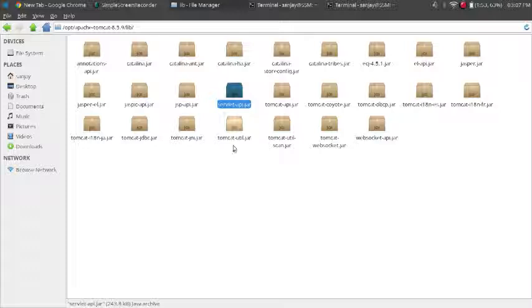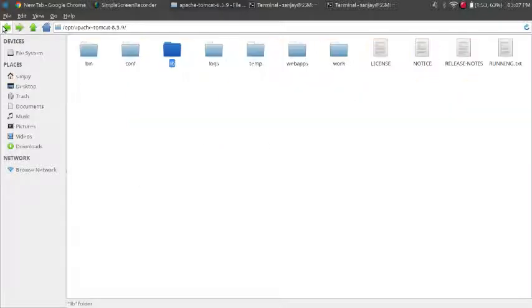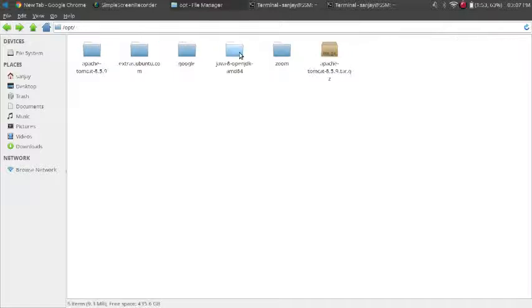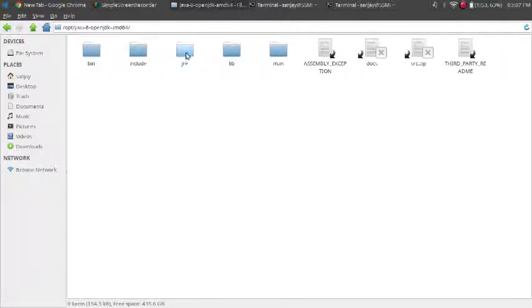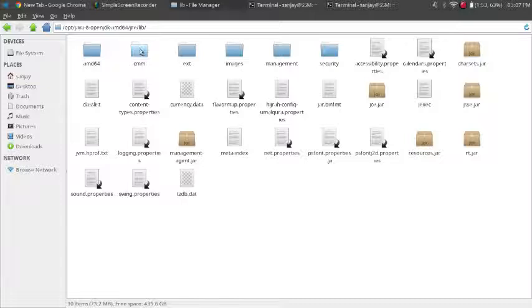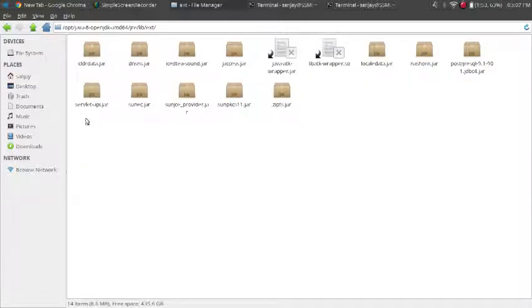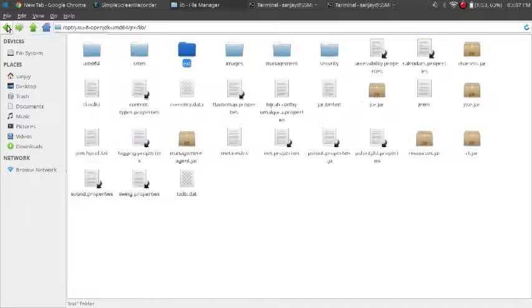You need to copy the servlet-api jar file into Java, JRE, lib and ext. Here you need to copy the servlet-api jar file. Also, if you are running Postgres, you also need to copy a Postgres jar file for running JDBC, and that is required in which directory? The JRE lib ext directory of the Java.